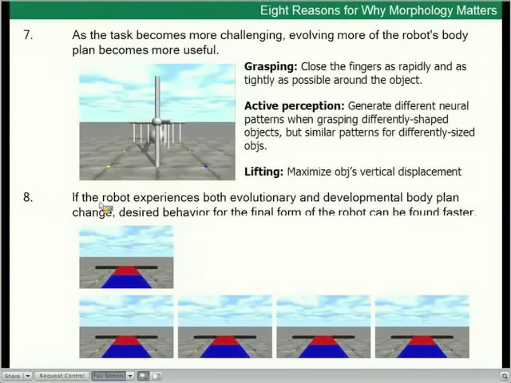So we start with a very, very simple quadruped, which you'll see down here. This is, again, the end result of an evolutionary process. We're evolving quadrupedal locomotion towards the target object that you can see off there in the distance. What you'll notice about this evolved solution is that the